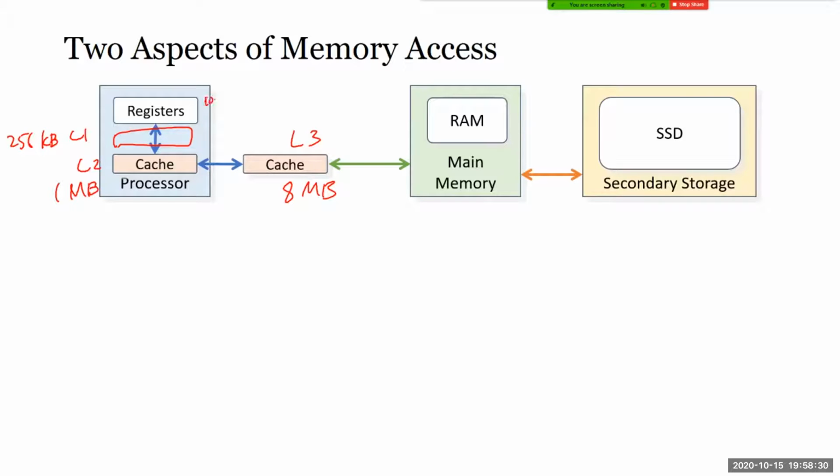So registers, like I said, is only about 100 bytes. If you look at this, 256 kilobytes is already 1,000, 2,000 times more space than your register. So we can save money. But already, this L1 is very expensive. 1 gigabyte costs $400, which means 1 megabyte is maybe about $4, or maybe less, 40 cents kind of a thing. 8 megabytes will cost a bit more. So that is why we need cache to perform the same job.